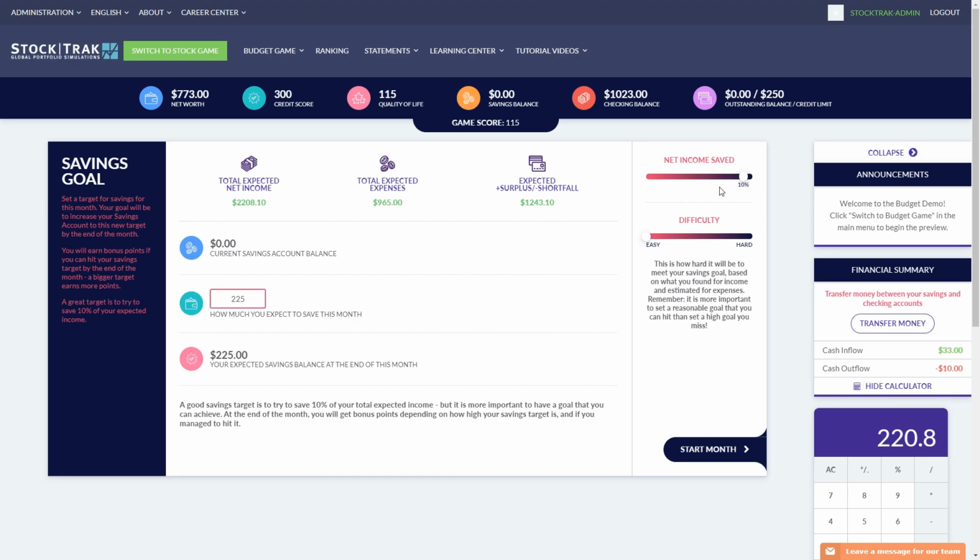You can see over here the net income saved. You'll want this counter to go all the way up to at least 10%. The difficulty is going to tell you how hard this is going to be for you to achieve, and this is based on your expected surplus or shortfall. Some months you might have higher expenses and less income, and it will be very hard to reach your savings goal. But those months you'll need to effectively manage your bills and effectively utilize your credit card in order to